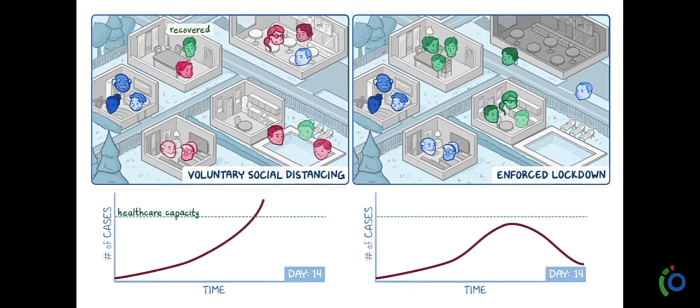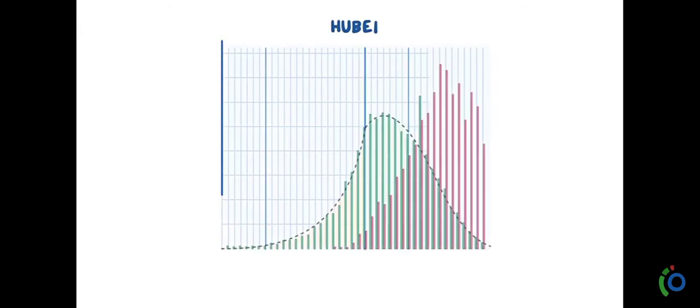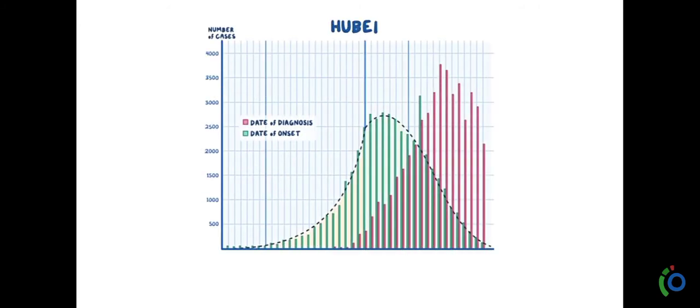Fewer cases means that the healthcare system doesn't get overwhelmed, and the mortality rates fall because everyone who needs care can get it. This approach and timeline is based on real data from Hubei, where they implemented option two. The rate of new cases decreased within a few days of lockdown, and because there's a lag between people getting sick and going to the doctor, that decrease was seen about 2 weeks later,